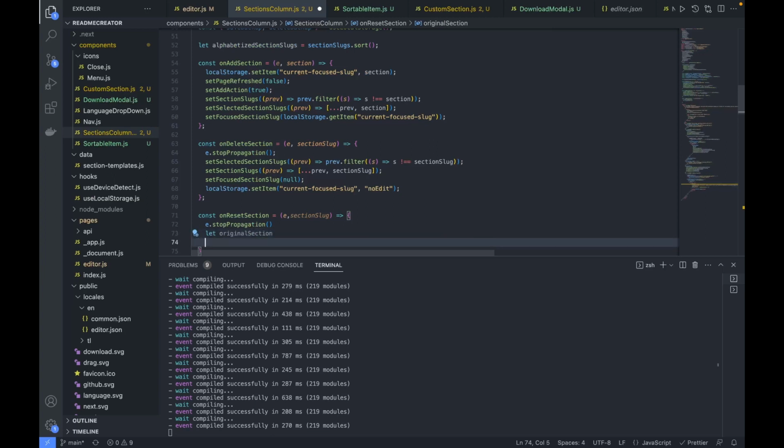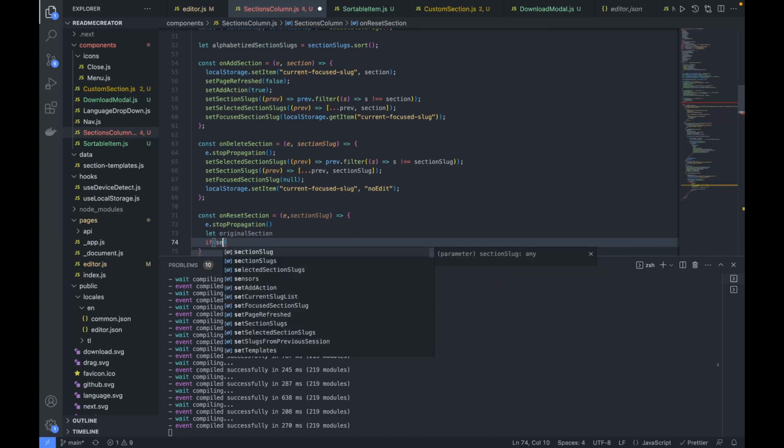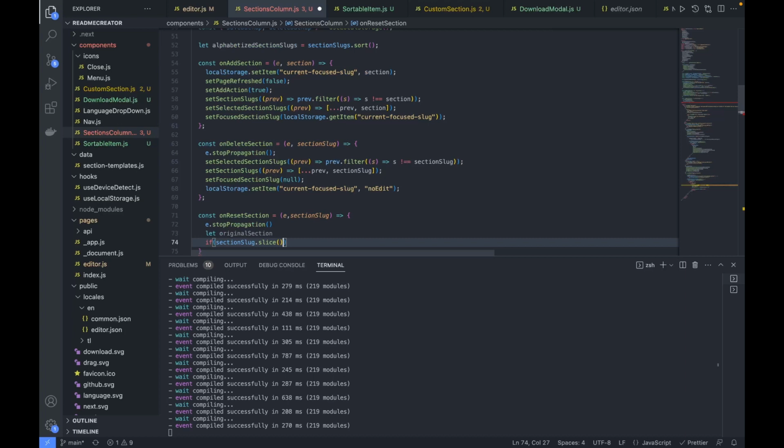If section slug dot slice, we have prepared the custom sections with custom hyphen, right? That is where we'll take help to identify if it's a custom or default one. Okay, so if it's a custom section,